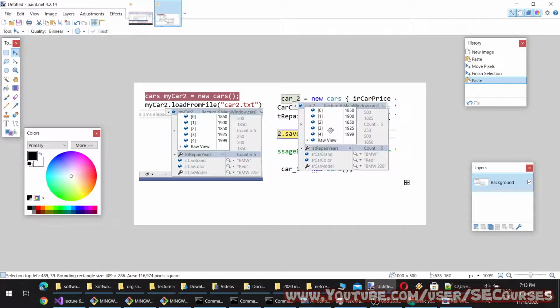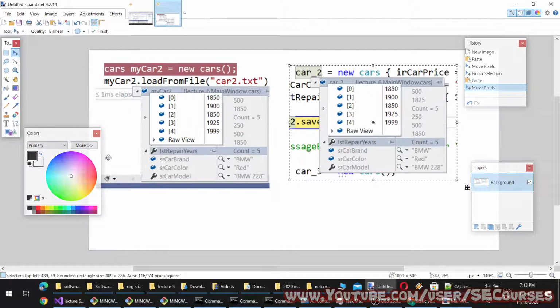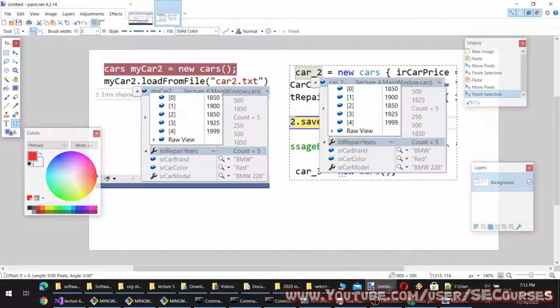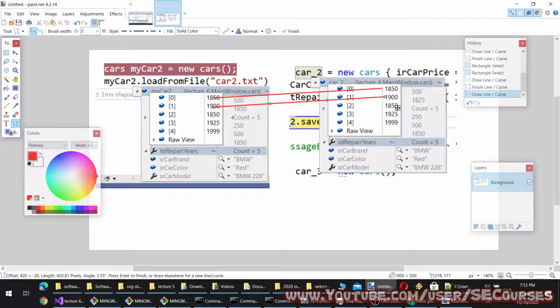Now let's compare whether they are equal or not. So the first items in both lists, you see they are the same, and same.